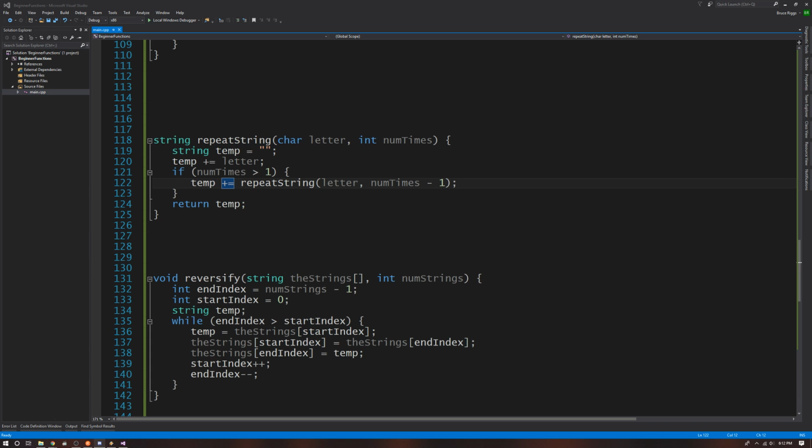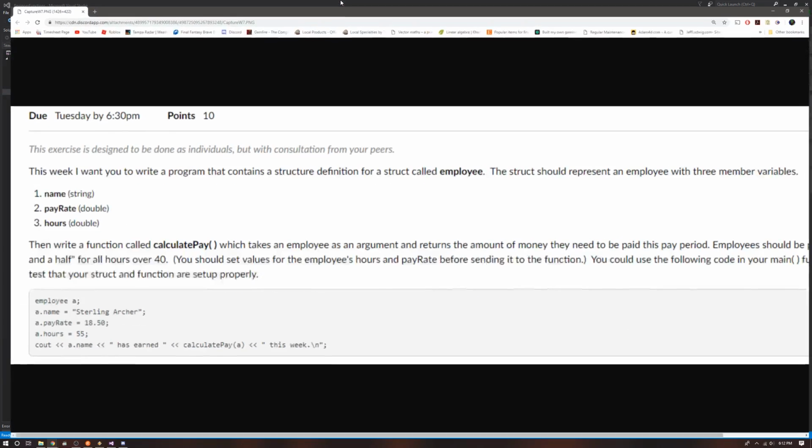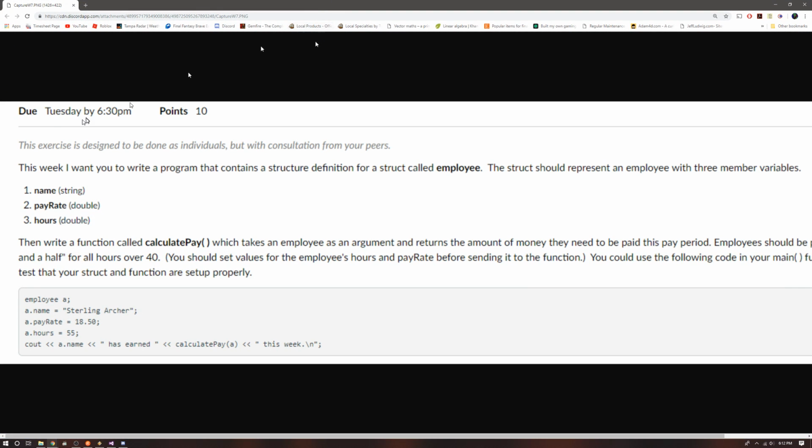Alright, and then there's one other thing. Let me pull that up. Where the hell's Discord? Alright, Discord. So this one is... This week I want you to write a program that contains a structured definition for a